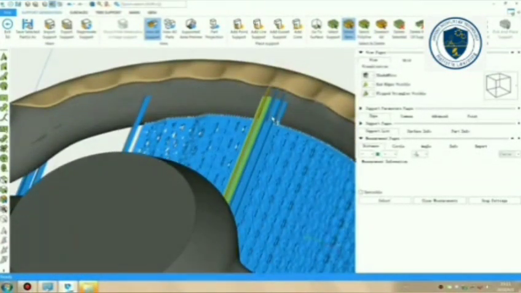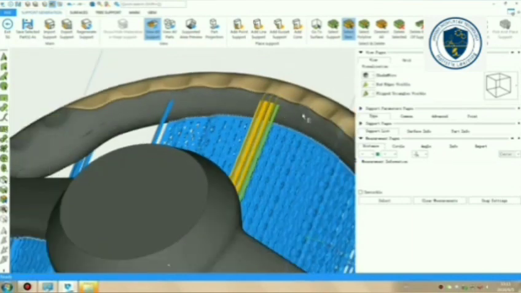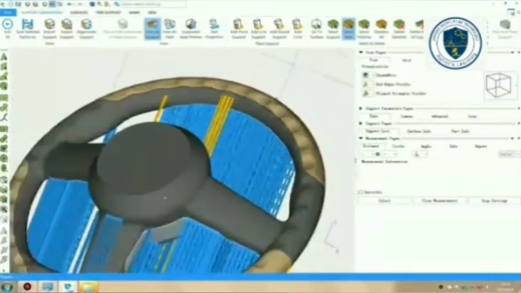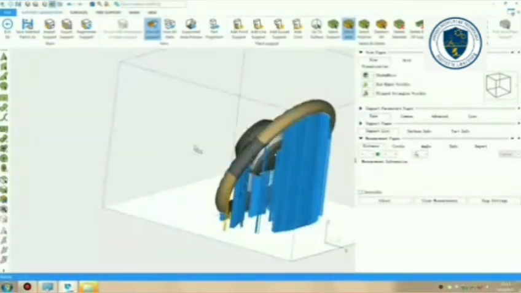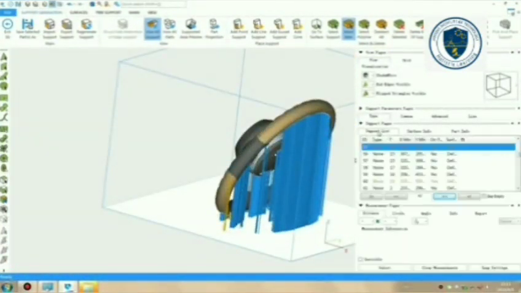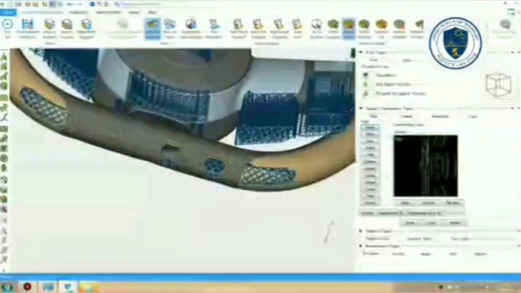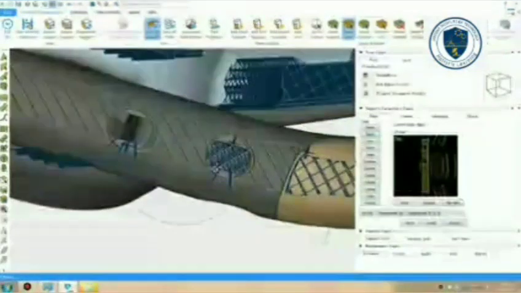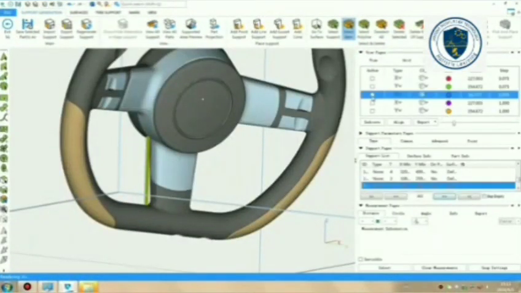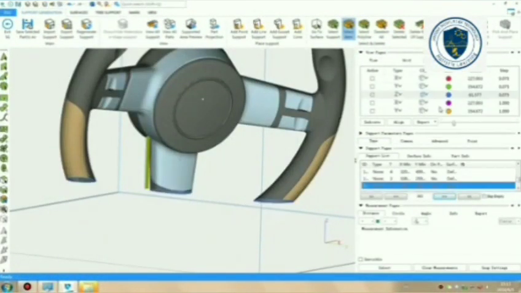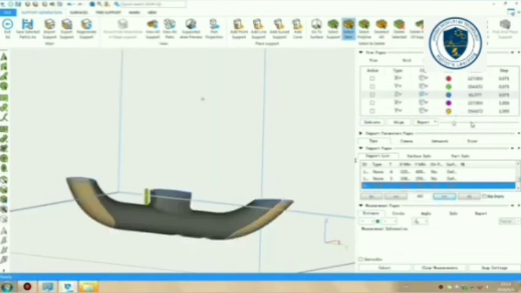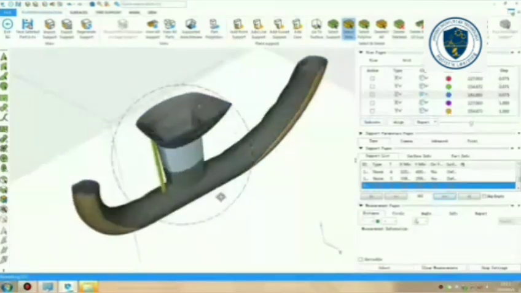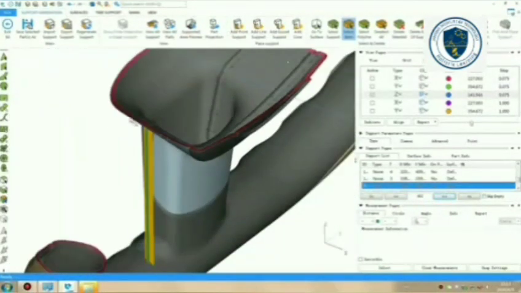Support structures are very essential because they hold the physical object in the same position, at the same place. They are checking the support structure creation with the help of that Cura software. Support structures are used to make the objects properly. After completing the support structure, they go for slicing.